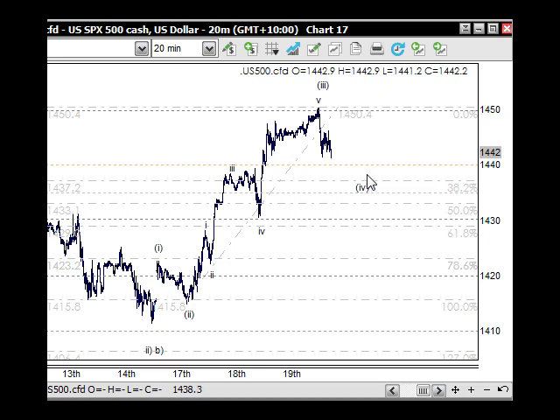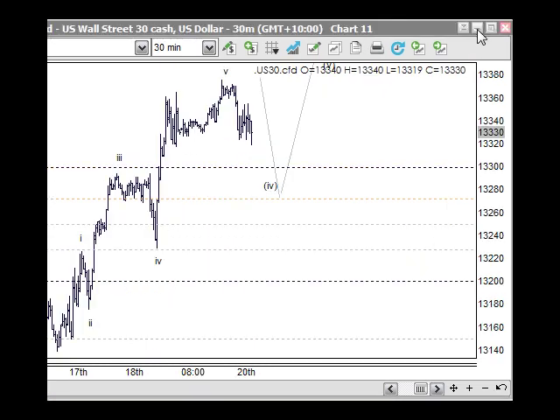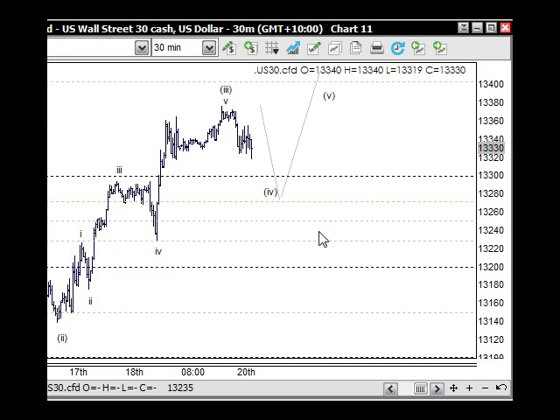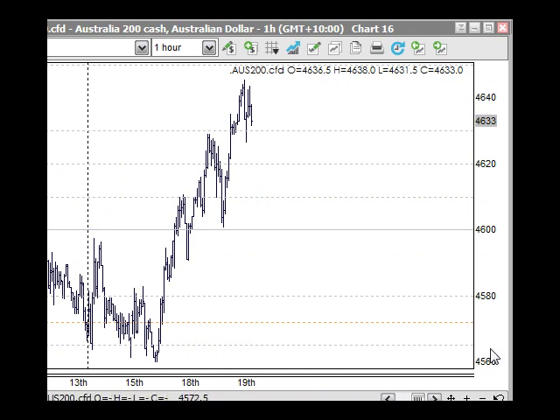So yeah, it might be worth a bit of a short on the Dow Jones as well. It's the same, so we can pretty much expect it to come back into the 13,300 here, but also lower into subgroup 2 here, the 13,272 being quite pivotal in that space there. So yeah, further weakness there, and that would translate into the Australian markets as